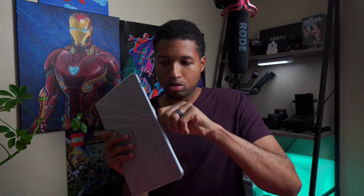Really nothing much else in here. Oh, on this side, you see right here, this is where you lift up. Now, I thought they may have also included a Thunderbolt port for the Galaxy Tab S7 Plus. You guys can let me know down in the comments below. I did not come across that information. I heard it briefly mentioned, but I didn't believe it. But you do get USB-C 3.2, which means pretty good transfer speeds